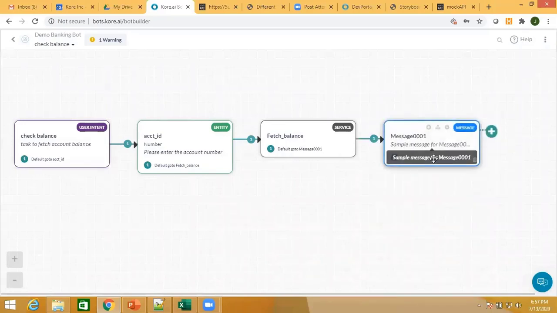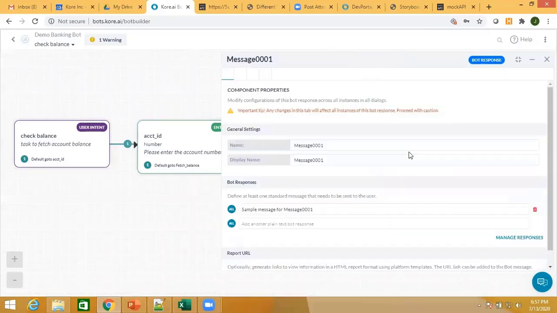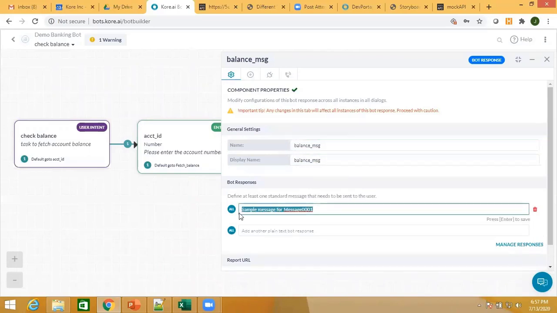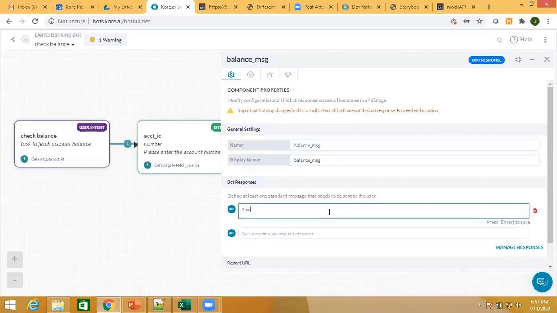Okay, so create a message node, and so the available balance in your account is, now I want to print that balance which was returned as an API response. How do we do that?